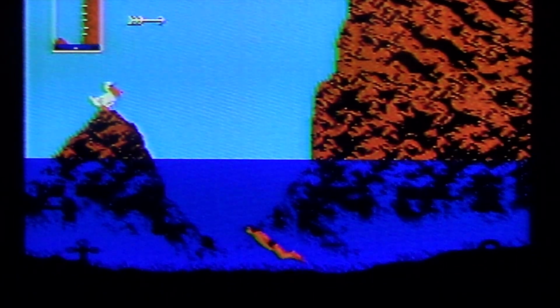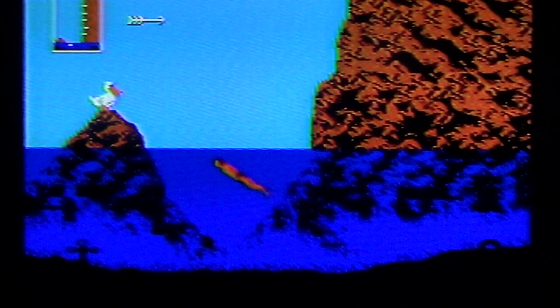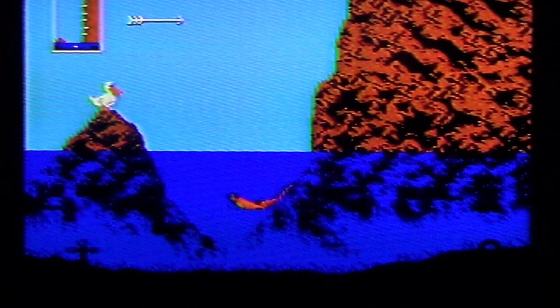You can see the graphics are pretty nice. There's a little humor in it also, which is quite interesting. Well, unfortunately, I don't have the good way of doing it. So this is cliff diving. We'll go to the next event, and I'm not sure I will show you all the events, but keep in mind that this is a